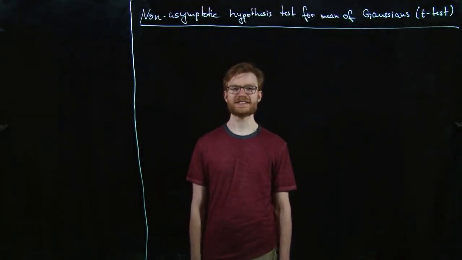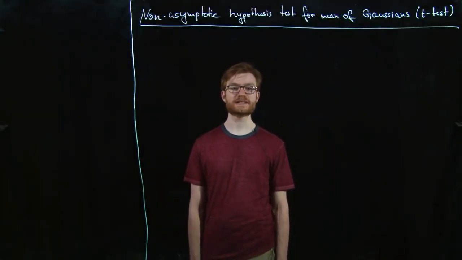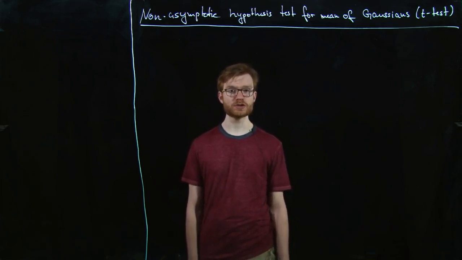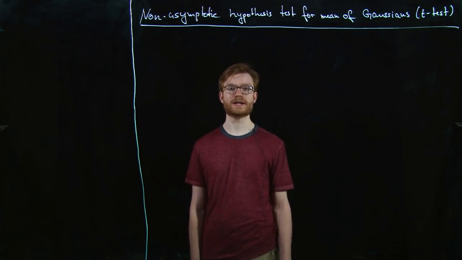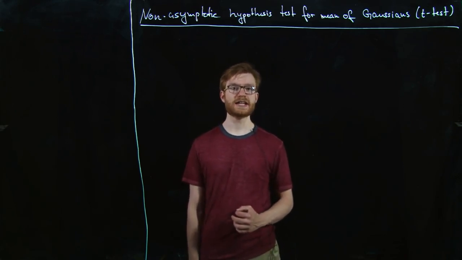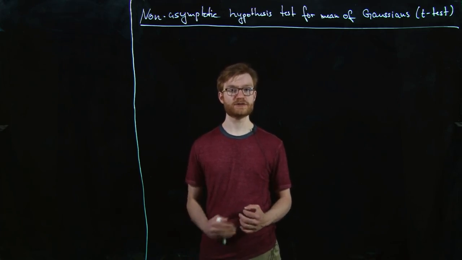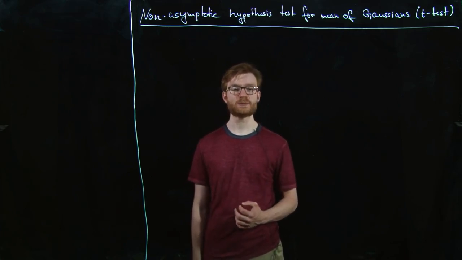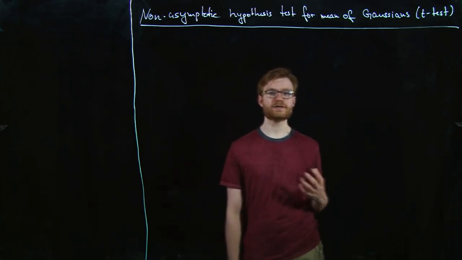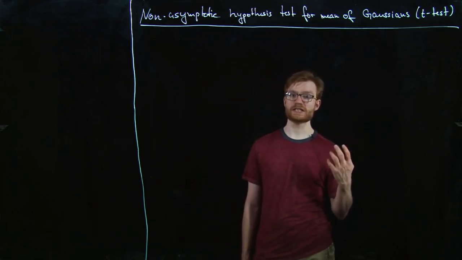Hi. In this recitation, we're going to talk about non-asymptotic hypothesis tests for the mean of Gaussian random variables. You will recognize the setup in this recitation. It's similar to what we've done before, but the crucial difference will be that we want to come up with tests that are non-asymptotic and do not only hold in the infinite sample limit n going to infinity, but for finite samples. And you will recognize that the tests are very similar to what Philippe already showed you in class,